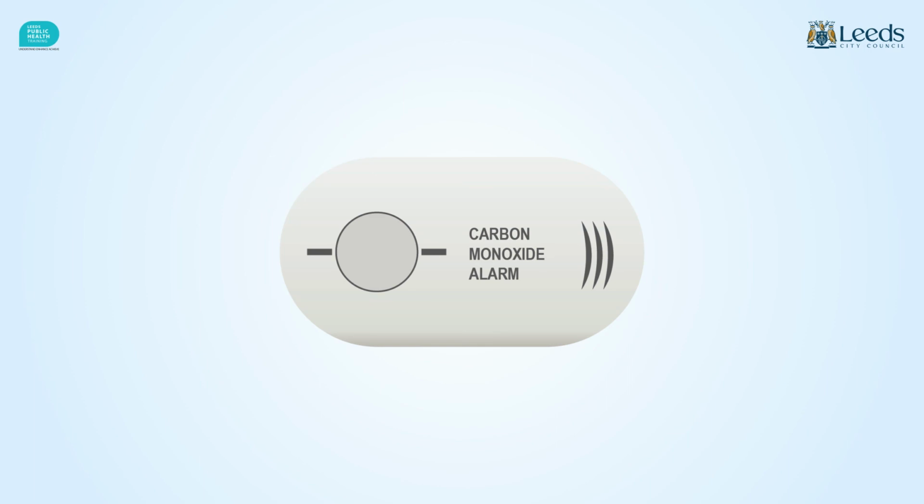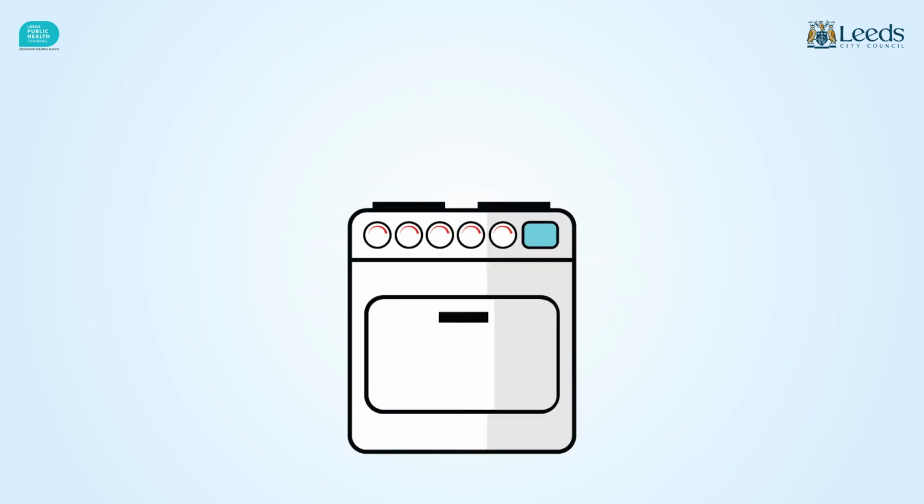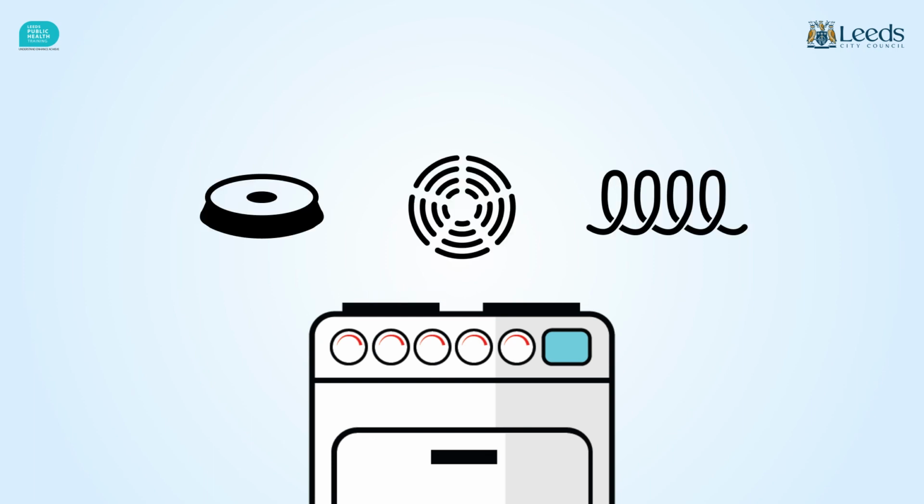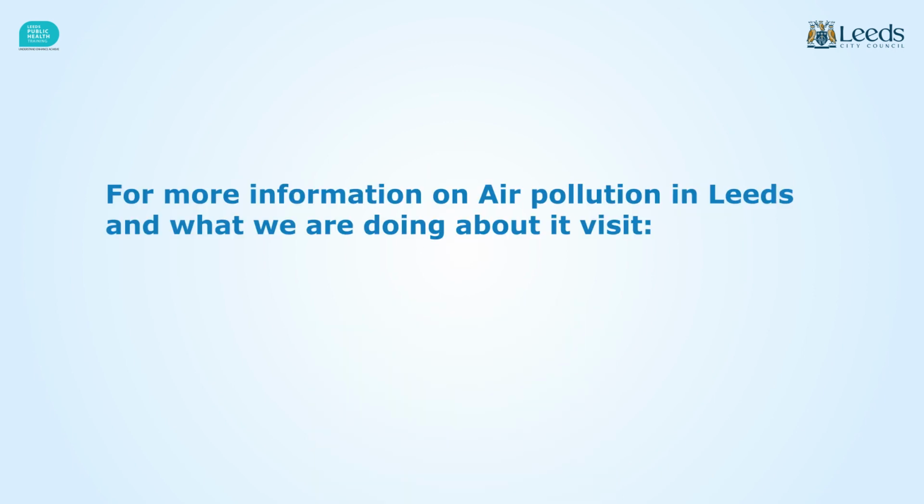An illustration of a carbon monoxide detector is shown. Make sure your home is fitted with a carbon monoxide detector. Gas hobs can be a major source of air pollution. Therefore, if you are considering an upgrade to your hobs, consider alternative fuel sources such as electric plate, ceramic or induction. For more information on air pollution in Leeds and what we are doing about it, visit